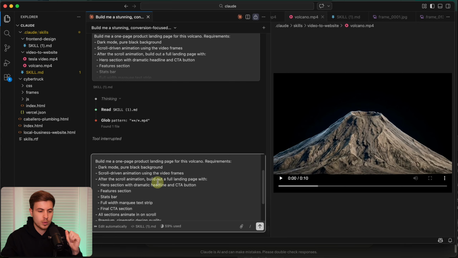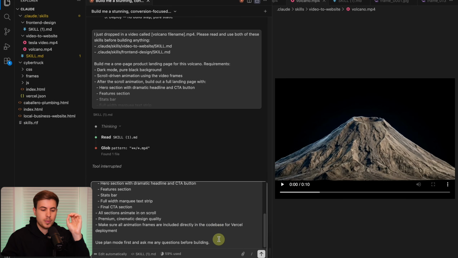Requirements: dark mode, pure black background. Go with that ominous vibe that we're going for with the volcano. Scroll-driven animation using video frames, which it's going to get. To actually get the video frames, it's going to have to download something called FFmpeg. It's going to allow it to take the video and then break it up into those pictures that we talked about, each frame. And then in the prompt, I said, use plan mode first and ask me any questions before